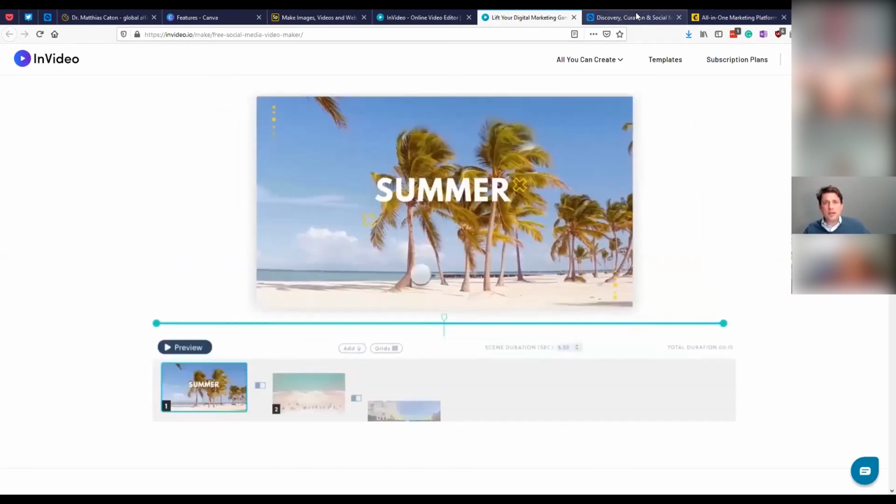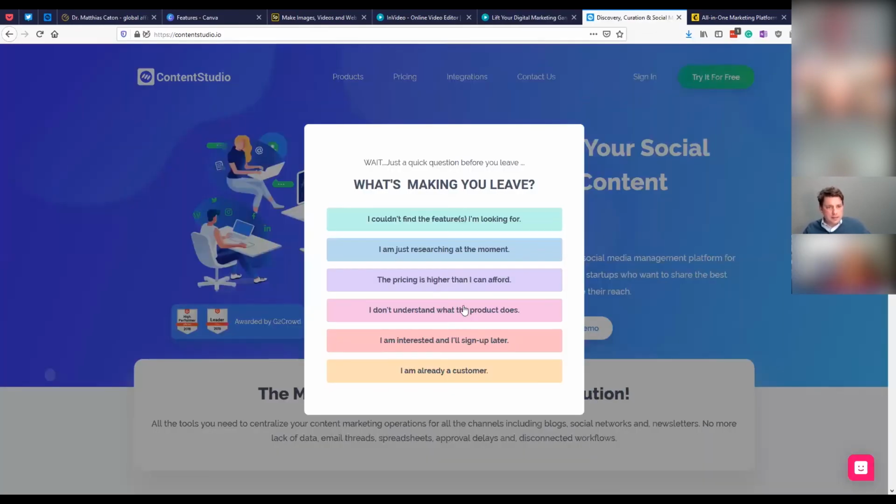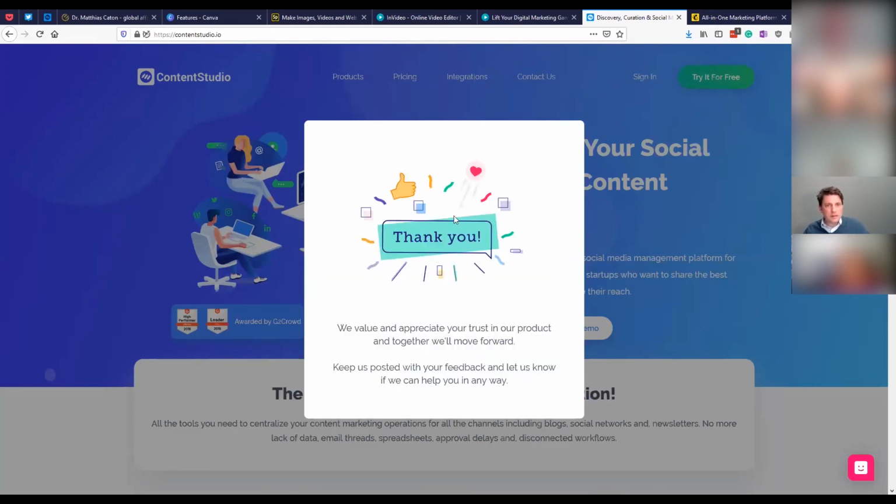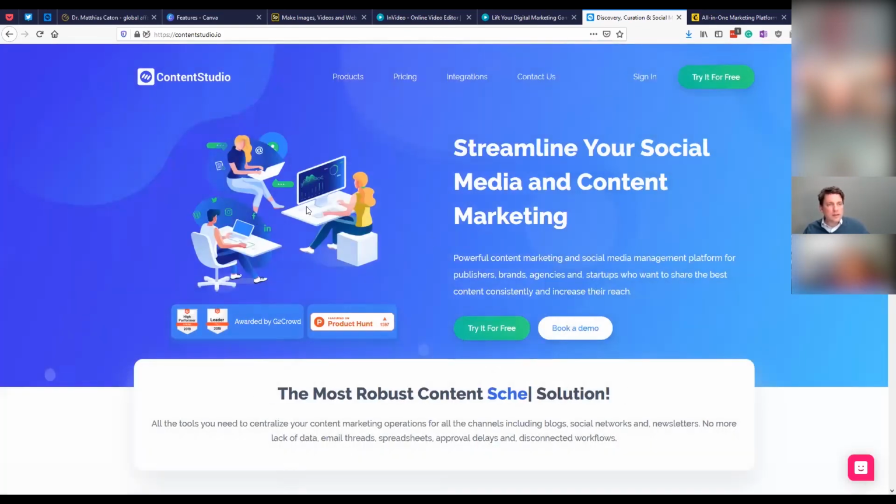So this is video production. This is another tool called Content Studio. This is a platform that helps you push out content to many different platforms. So if you have many different platforms, sometimes you might want to share the same information on different platforms, or you just want to adapt it very marginally, then a tool such as Content Studio helps you with that.